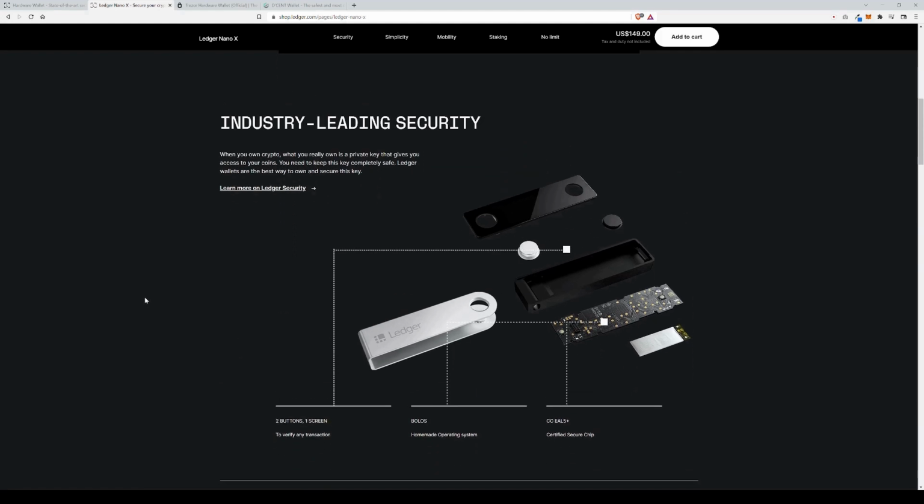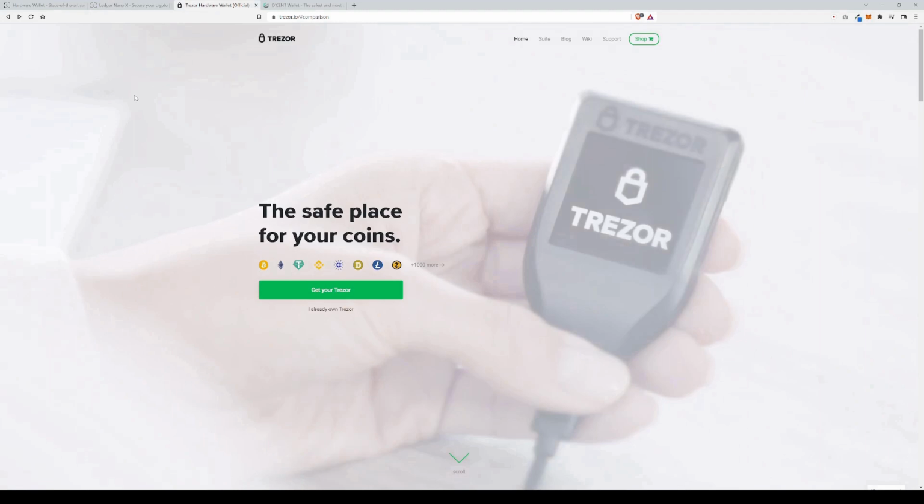Now guys, one thing I'm going to highly recommend, don't go on eBay or Amazon or any other site to try and buy this thing at a cheaper price. People can take these things apart and have been known to manipulate the components on the inside so that they can actually get at your assets after you've loaded them on there. And you will not even be able to recognize it. The packaging will arrive and it'll look exactly as if it came directly from Ledger itself. If you're going to pick one of these up, only get it from the website. That is my advice.